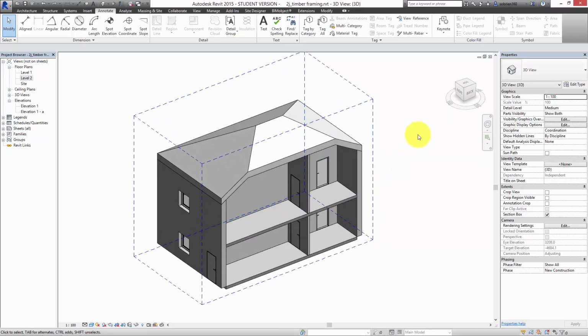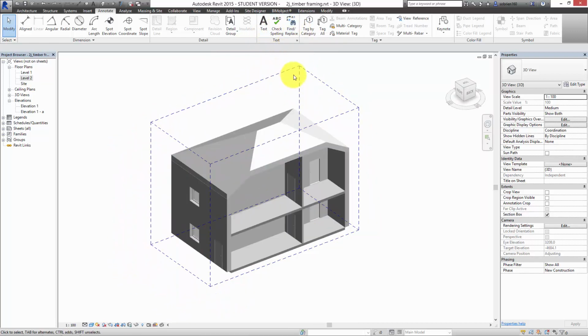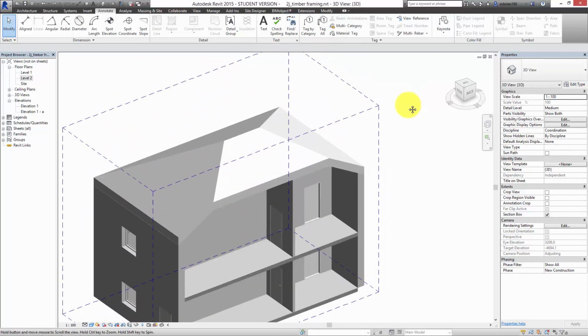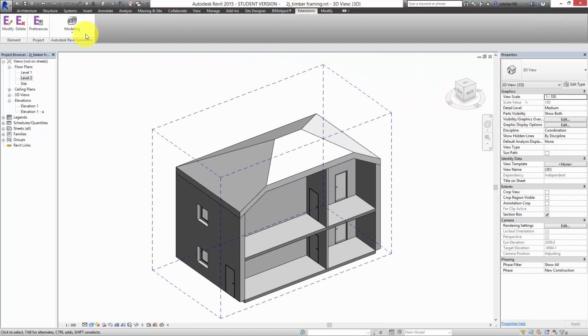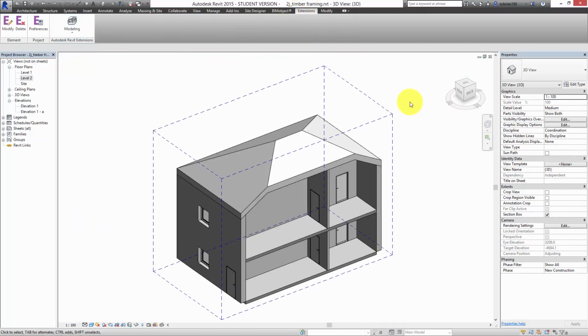But if you want to, you can use the project you're working on now. You could save a copy of it, and you could use that because it's the same process as what I'm going to talk about. But did everybody download this extension here, the timber framing extension? Yeah. Okay. So I'm going to talk about how that works